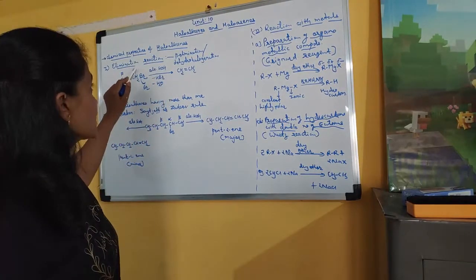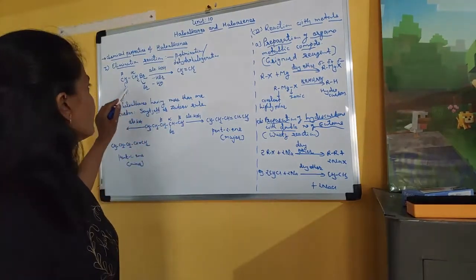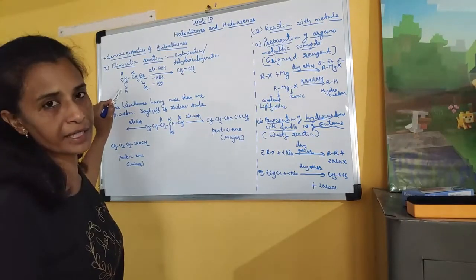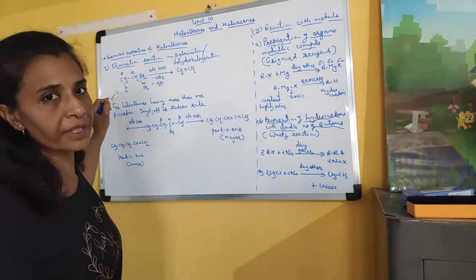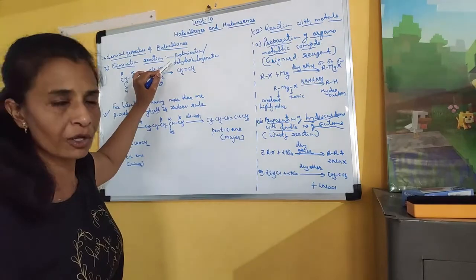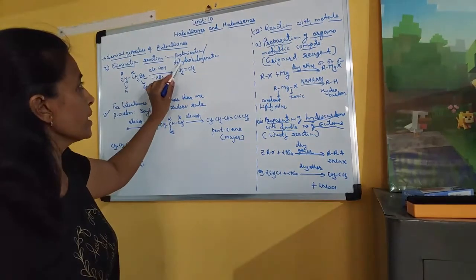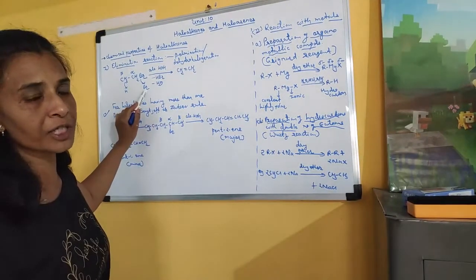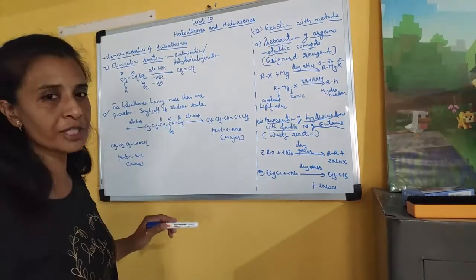Clear? This reaction is also known as beta elimination. Why? Because from beta carbon, hydrogen is eliminated. So we can say that beta hydrogen is involved in this reaction, and that is why it is known as beta elimination also. One more name given to this reaction is dehydrohalogenation, because hydrogen as well as halogen are eliminated, and that is why it is called dehydrohalogenation.